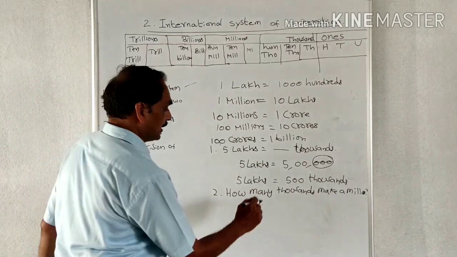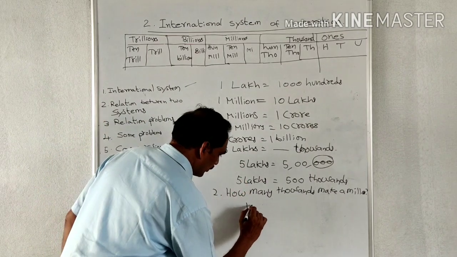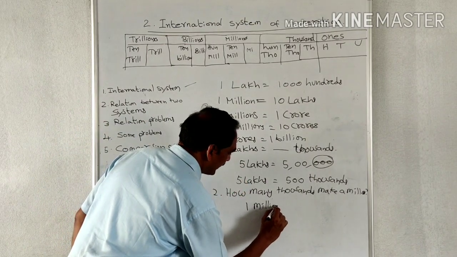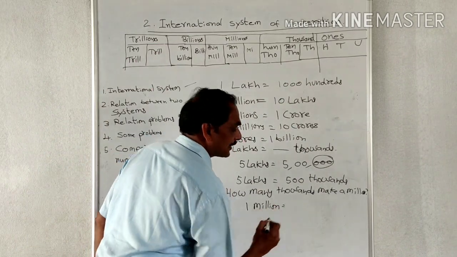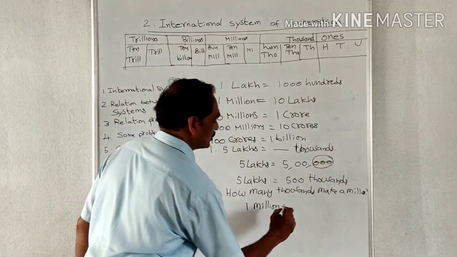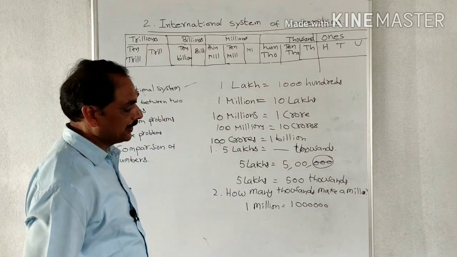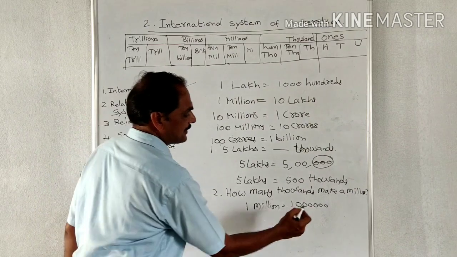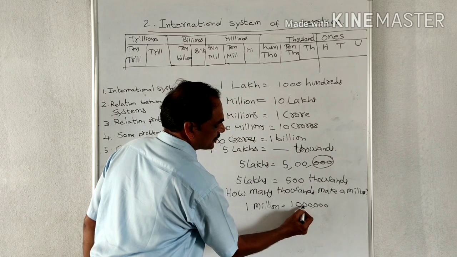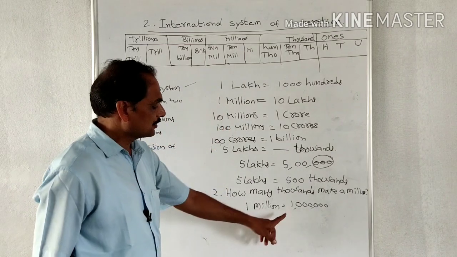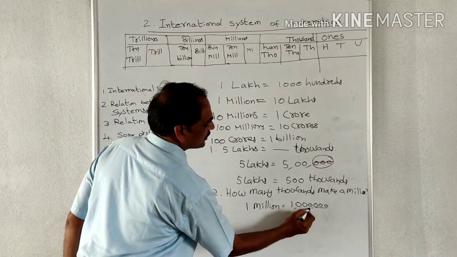So first we write a million means 1 million. "A" means 1. So we write 1 million equal to, in number form, that is 1 million containing 7 digits. So 1, 0, 0, 0, 0, 0, 0. Now we read it in place values as ones, tens, hundreds, thousands, 10,000, 100,000, and this is million. So these are periods. First period, second period.